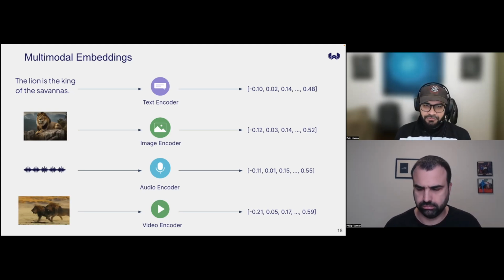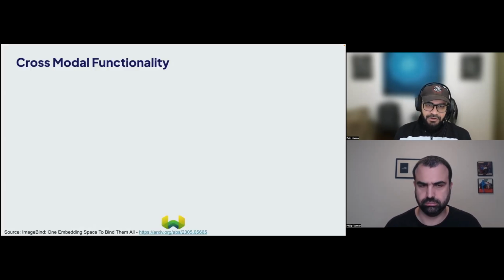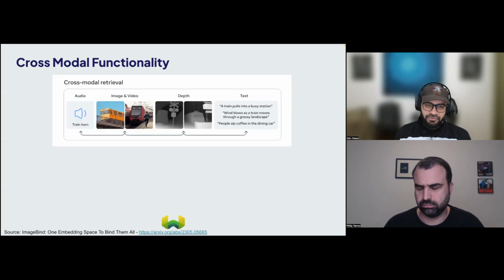Awesome. So once you've got the capability to do multimodal retrieval, first of all, you've got a knowledge base that is multimodal. You can store all of the different modalities there. You can do a lot of cross-modal functionality, right? So you can do cross-modal retrieval, so you can play a sound and see what comes back as an image, whatever modalities you've got stored.